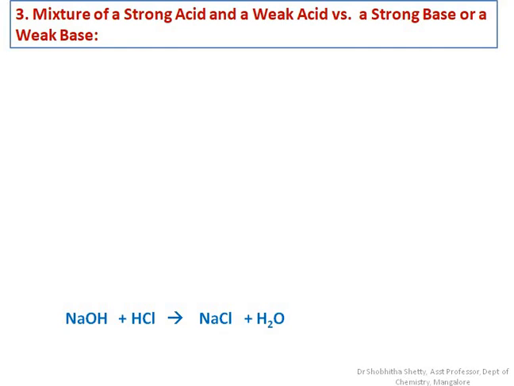So there will be neutralization of HCl: NaOH plus HCl forms NaCl. What you can expect is that the conductance value decreases. Once all the HCl has been consumed, neutralized completely, there is no more H plus ion from HCl. But there is one more acid in the mixture, that is acetic acid. So sodium hydroxide starts reacting with acetic acid. The next reaction is the replacement of the H plus ion of acetic acid with the Na plus ion of sodium hydroxide, resulting in sodium acetate, an electrolyte that is comparatively stronger than acetic acid.